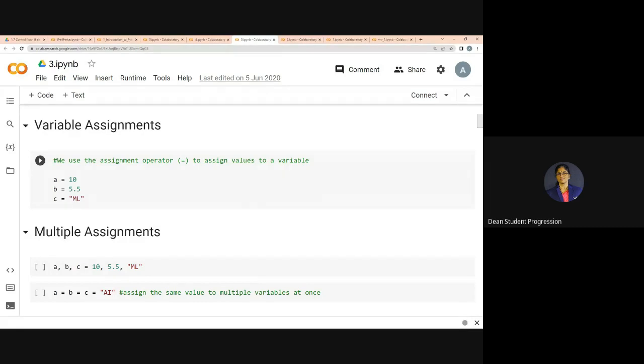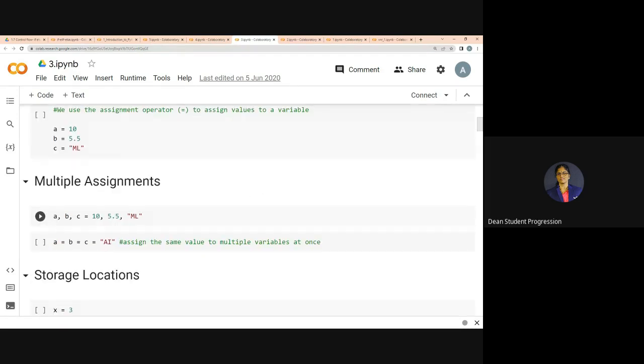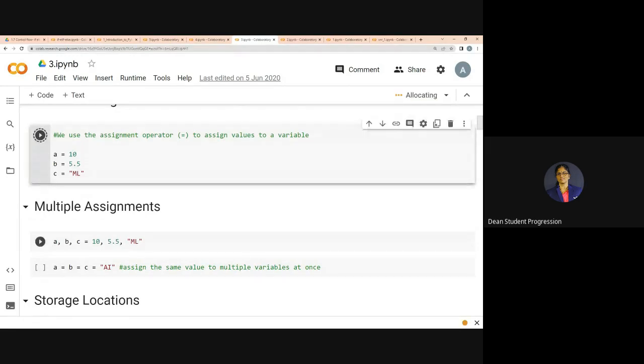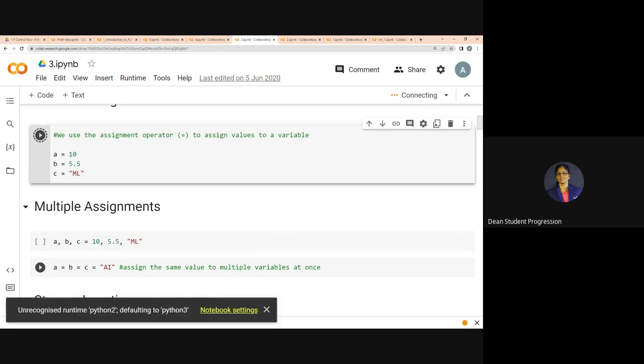Similarly, if we want to mention multiple variable names continuously with their assigned values, we can also use it like this: A, B, C equal to 10, 5.5, ML. 10 will be assigned to A, 5.5 will be assigned to B, ML in quotations will be assigned to C. Right, that is how we did it in the upper code block. Similarly, we can assign the same values in this fashion, that is allowed. Or if you want to assign the same value to multiple variables, that is also allowed, like a equal to b equal to c equal to a. So all the